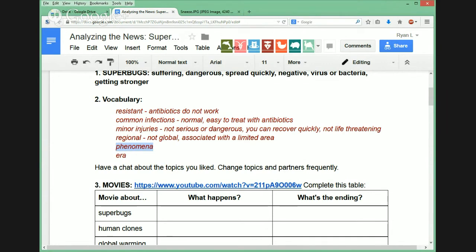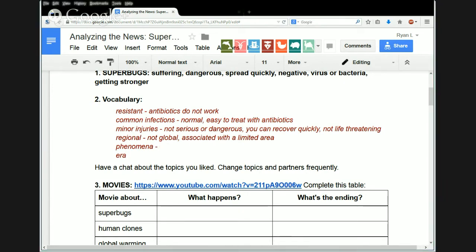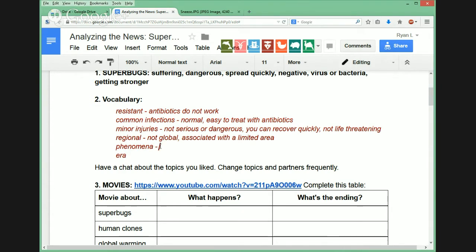So we have phenomena. Ken, would you be able to tell us what is phenomena? Phenomena is the plural form of phenomenon. Okay. And what does that mean? How can I say? Phenomenon can be said as how things happen or something like that. Okay. Is it something ordinary or something a little bit different? Something impressive? Usually, not. Some phenomena are ordinary, but some others are not ordinary. Okay. So it could be used in a scientific way. It could be the study of something that occurs, right? Yes. So let's say that it's the study or observation